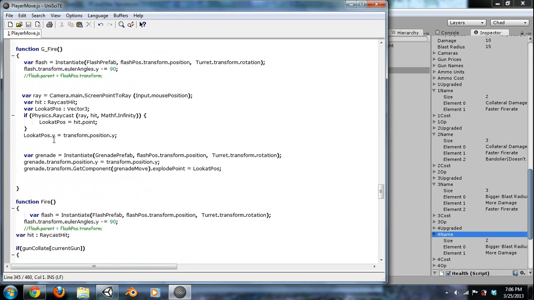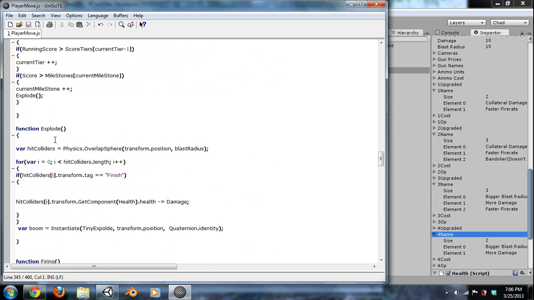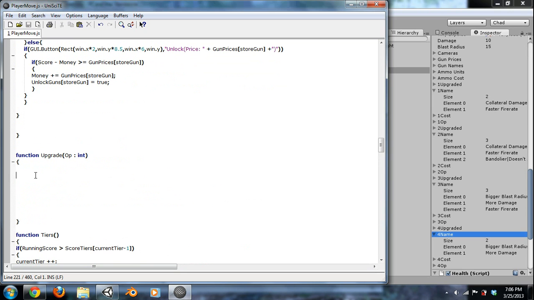And our upgrade. Where's our upgrade function? So if op is equal to 0, because that's the first operation, that's what we're going to do. We're going to do gun collat for 0 is equal to true. So simple enough. Next one we're doing is a faster fire rate, and how we're going to do that is